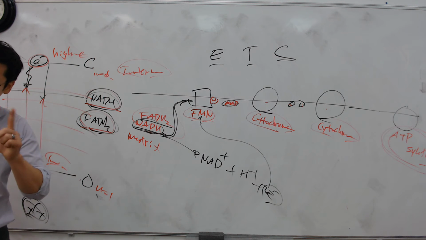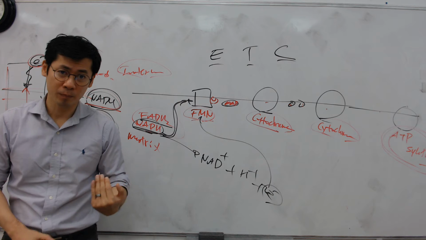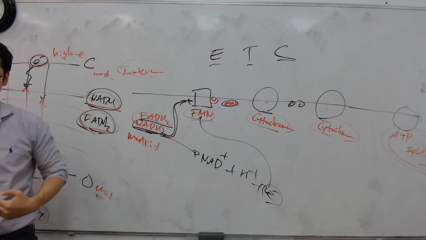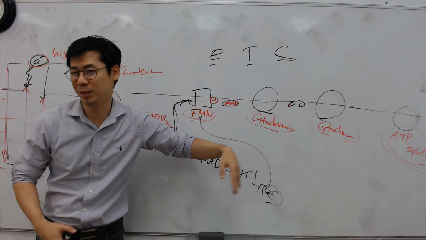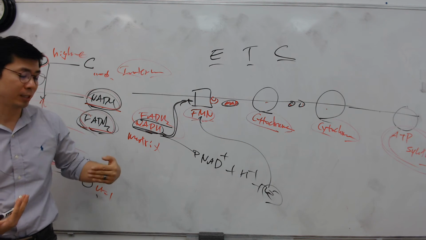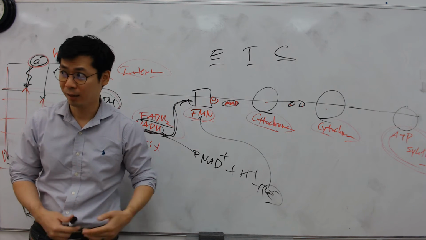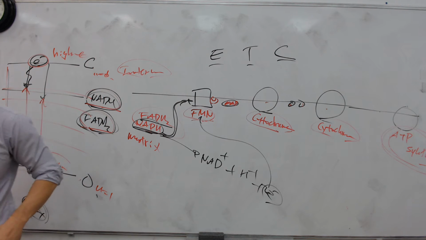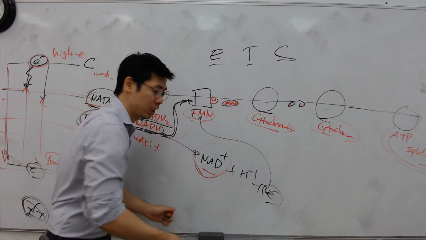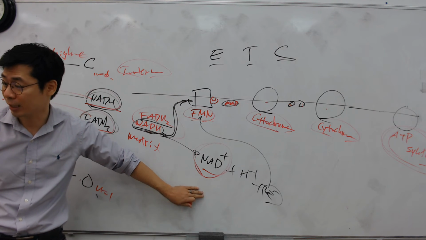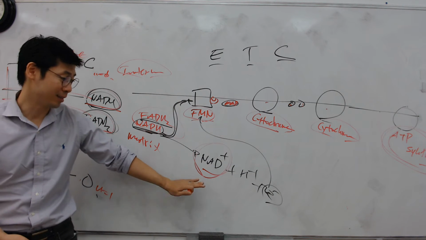So remember what we talked about? Keep in mind, this is what they call aerobic respiration. To run this process, they need to run glycolysis. What was really important about the glycolysis process? Replenishing NAD plus. They've got to get the NAD plus back, and this is the way to get it back.